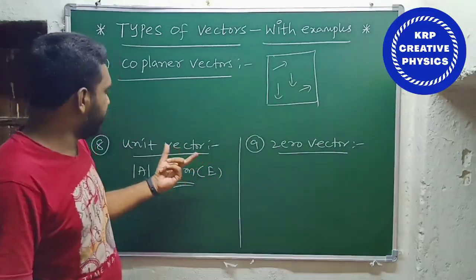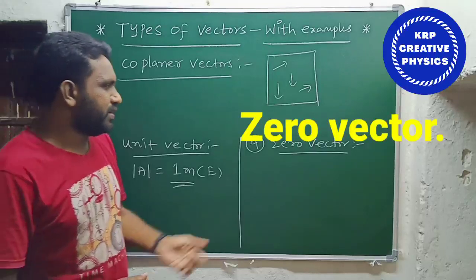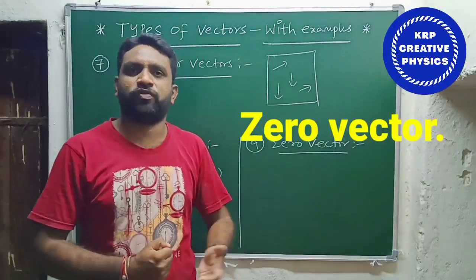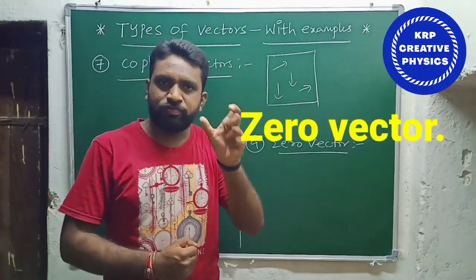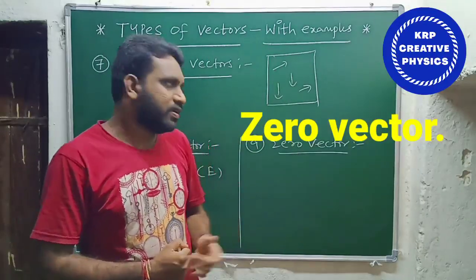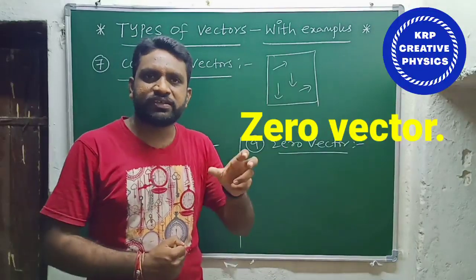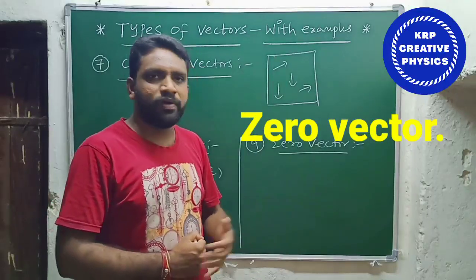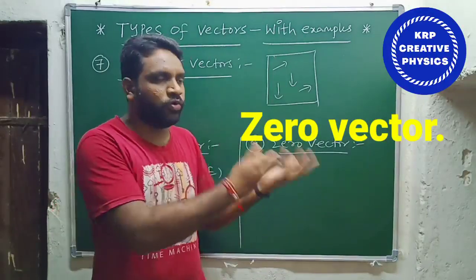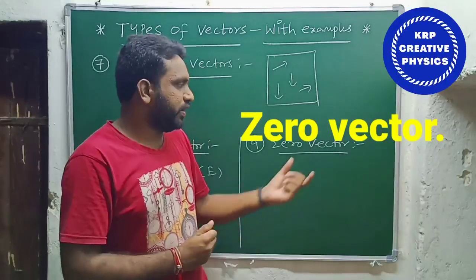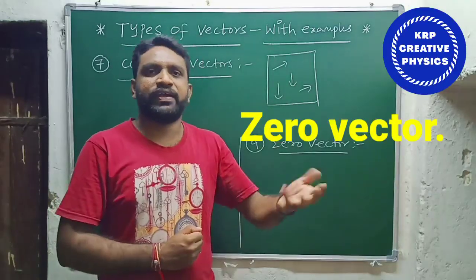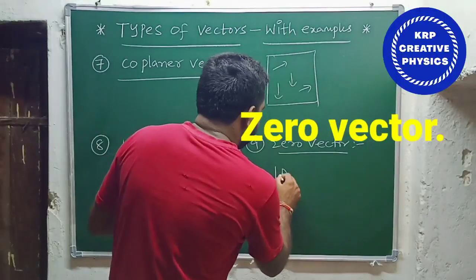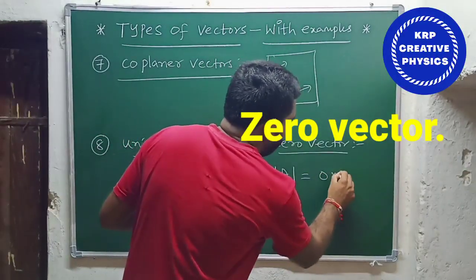Next, after the completion of the unit vector, we have the zero vector. So what does it mean here? If the magnitude of any vector becomes 0, then it is said to be a zero vector. Nothing is there. If its magnitude is 0, then it is said to be a zero vector. And what about its direction here? In case of a zero vector, its direction will be an arbitrary direction. What is meant by arbitrary direction? Its direction will be its own direction. It can take any direction, so it doesn't have any particular direction. Okay, so this is regarding the zero vector. For example, the magnitude of vector A is 0 meters per second.